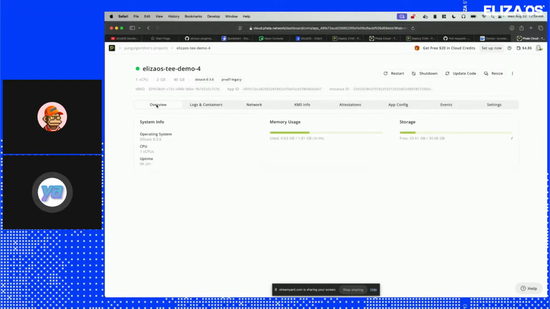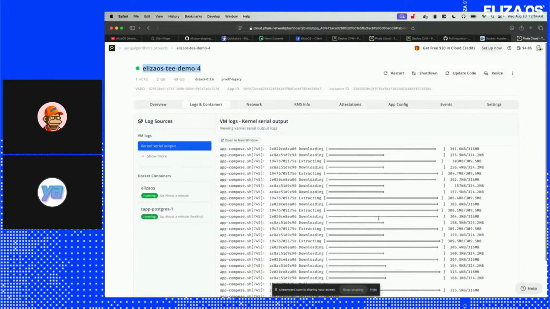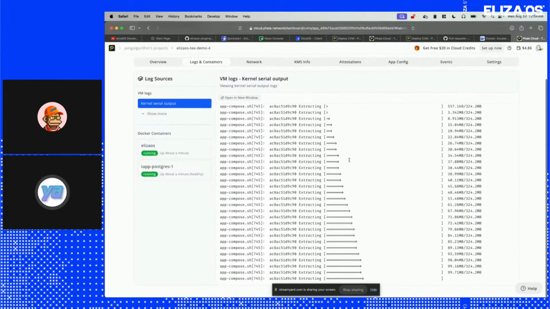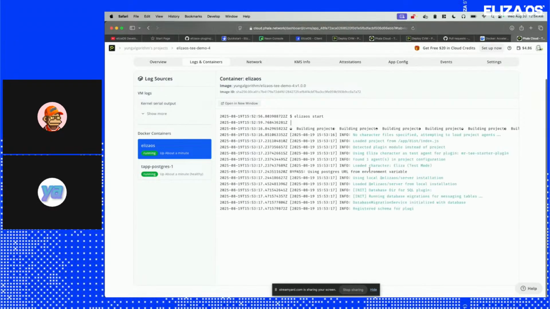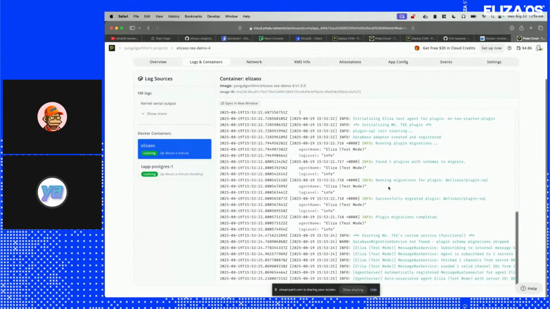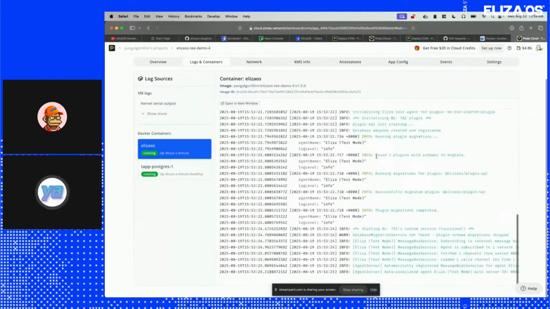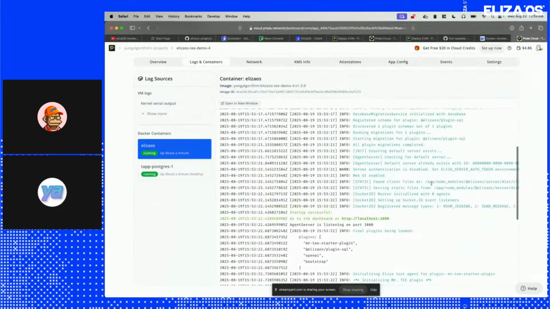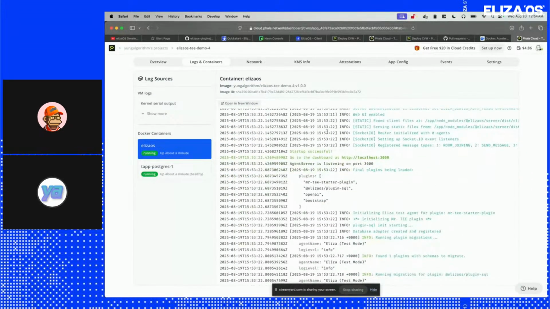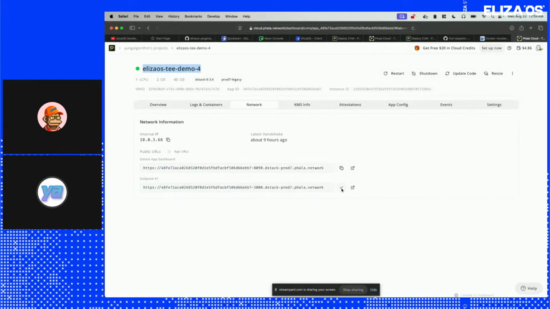So it looks like everything is working. Everything is the color green, which is a good color generally. And we can see here that the Eliza instance is still building. Okay, but it just gave us all the stuff that we saw on our terminal earlier. But now it's in this container. So if I go to network and I go here to this endpoint,